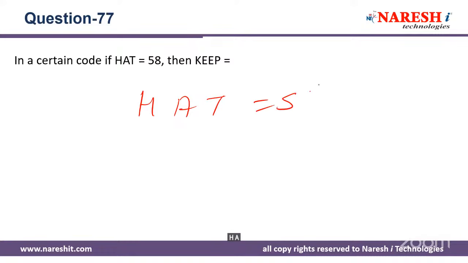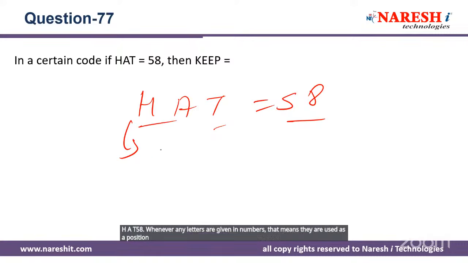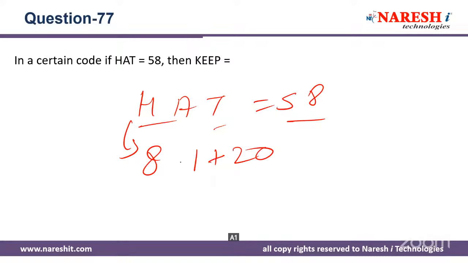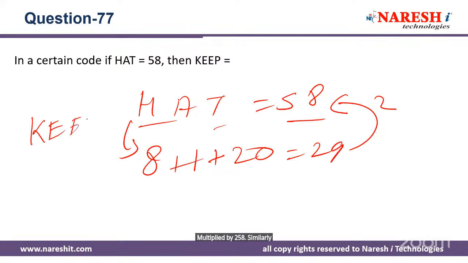HAT is 58. Whenever any letters are given in numbers, that means they have used the position of the alphabets. H is position 8, A is 1, T is 20. Adding all three, you will get 29. Multiplied by 2, that is 58. Similarly, keep